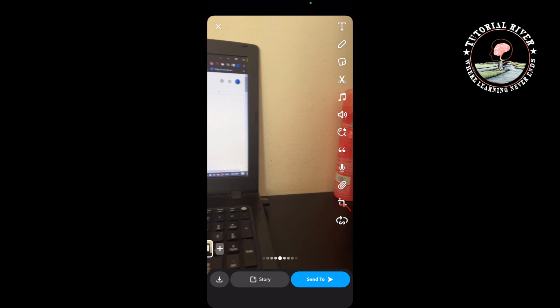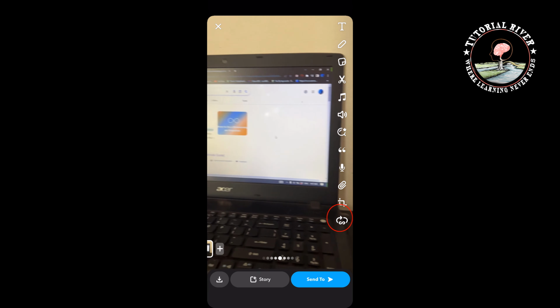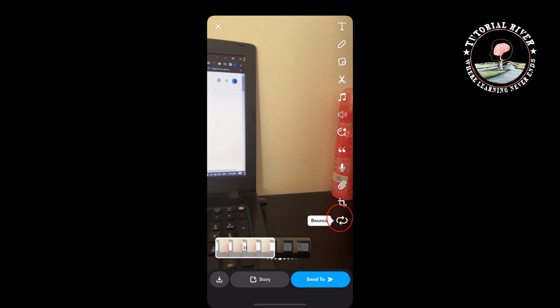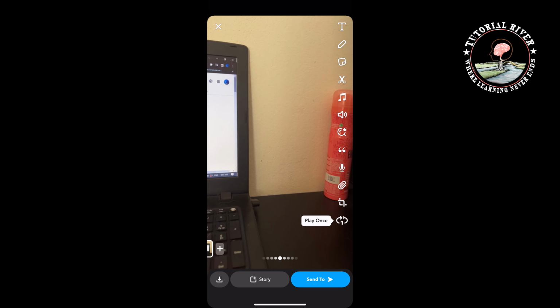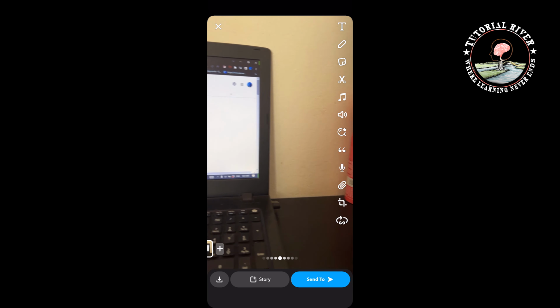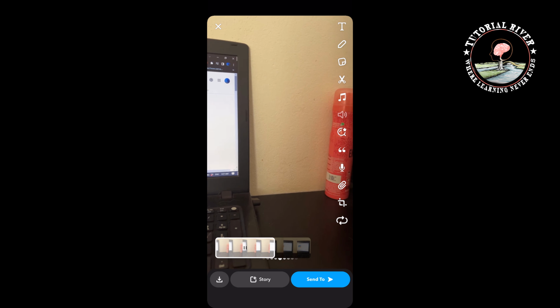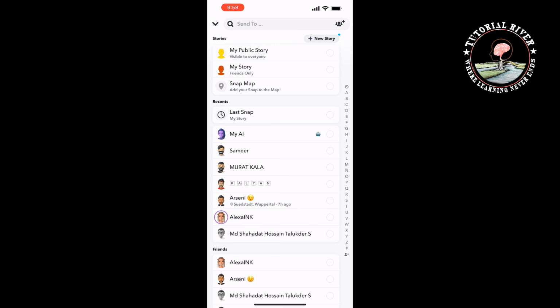Once you captured, you will get this option here. Now tap on it to select bounce or loop. If you want to make a boomerang, you can select loop or bounce. I suggest to select here bounce and then tap on send to, and you can send this boomerang to your